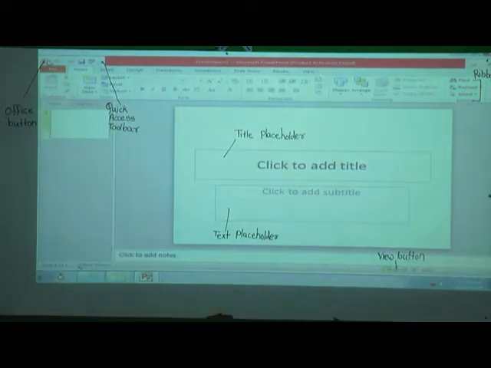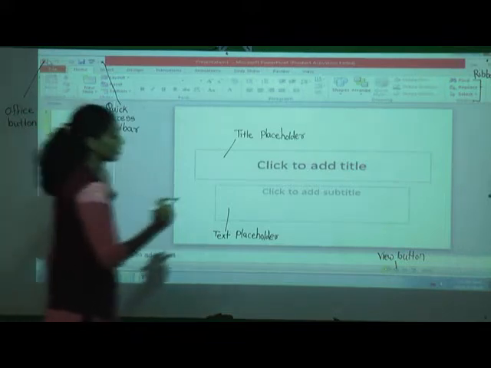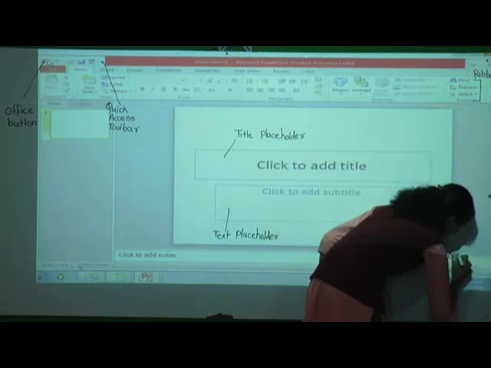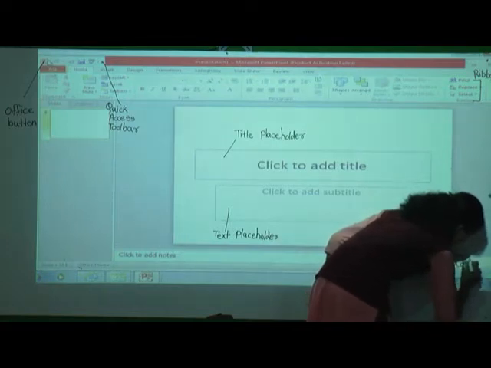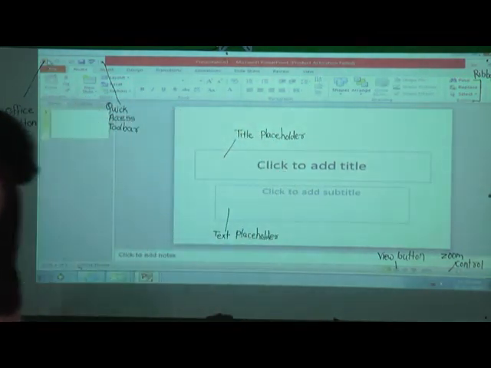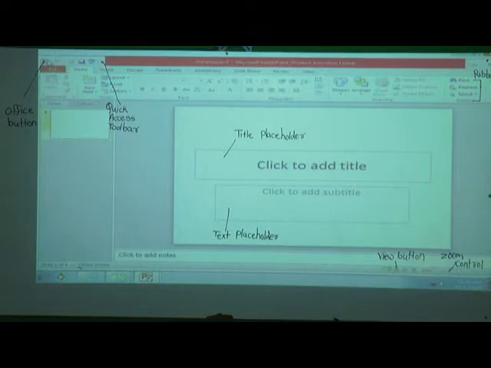That's why it is called the zoom control. Then this one is the slide thumbnail.